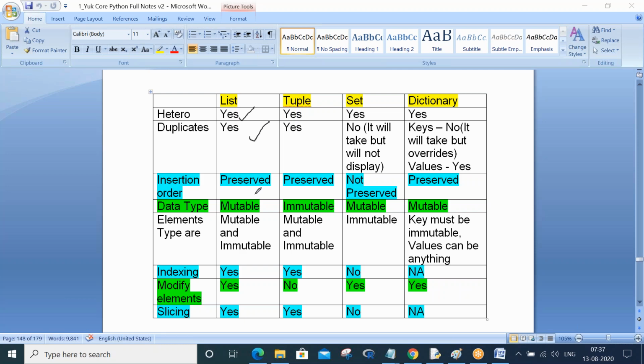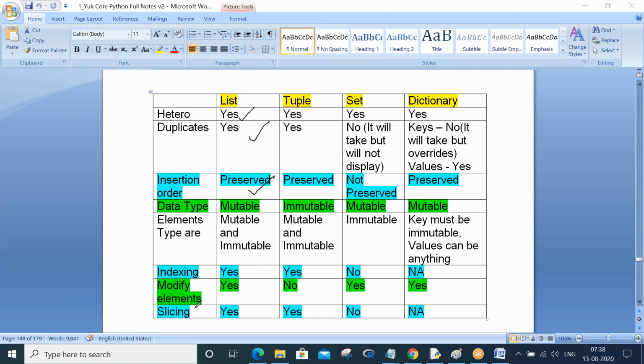Insertion order is preserved. What do you mean by insertion order is preserved? Whatever seat you allocated for an element, that seat is fixed for it. In the first place you enter, let's say, 10, and in the second place you enter 20. So lst[0], whenever you try to access it, will always display 10. That is the concept of insertion order. If insertion order is preserved, what is possible? Go and check the blue color.